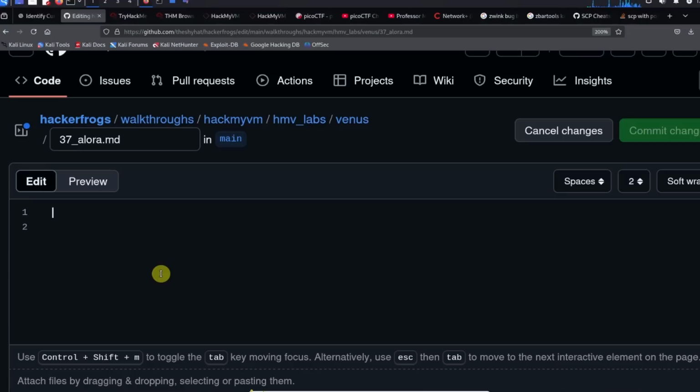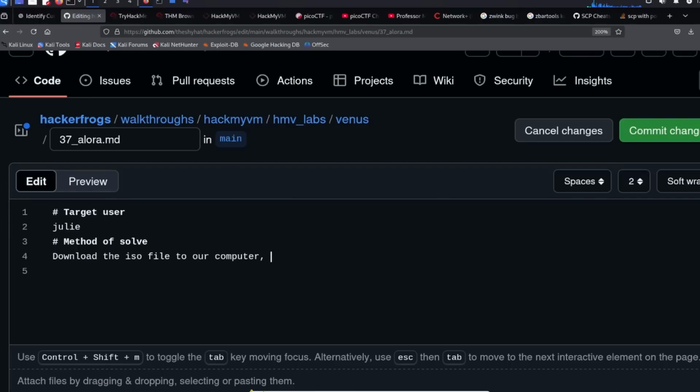The target user is the Julie user, and the method of solve for this level is to download the ISO file to our computer, then extract the file from the ISO file. And the key commands here: